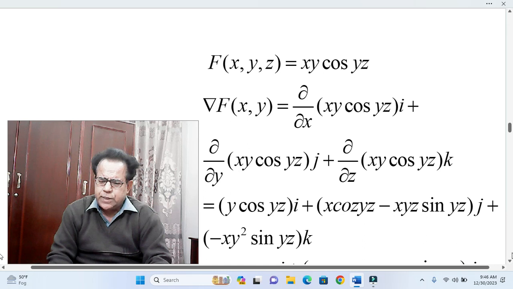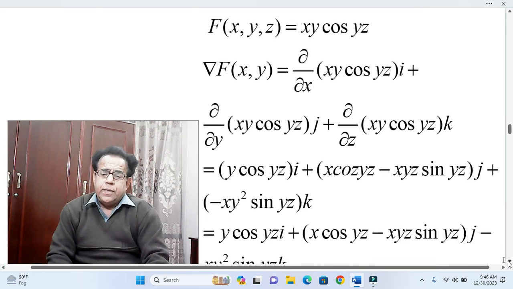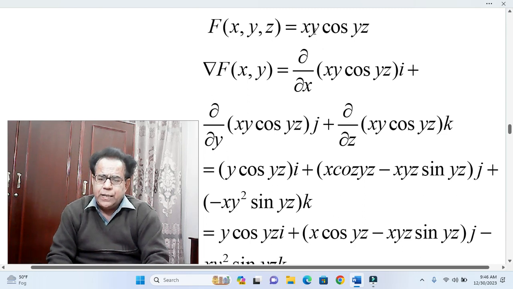So dear students, when we partially differentiate with respect to x, this x will become 1 and the remaining factor will remain as it is, y cos yz. With respect to y, this y will become 1. Now it will become slightly complicated. One time we will partially differentiate this and one time we will partially differentiate this. So one time in place of y we will get 1, and hence x cos yz minus the differentiation of cos,